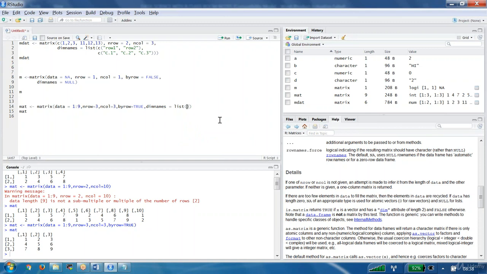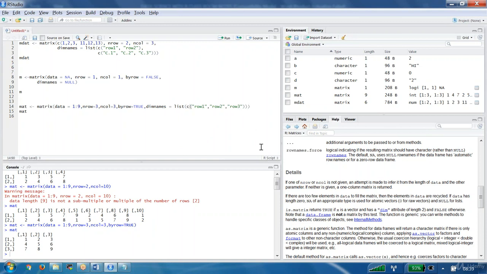Now c is a vector of how many rows you want? Let us say the first row I am giving is row 1. Next I am going to give one more row, called row 2. Then one more row, called row 3. So 3 row names I gave.